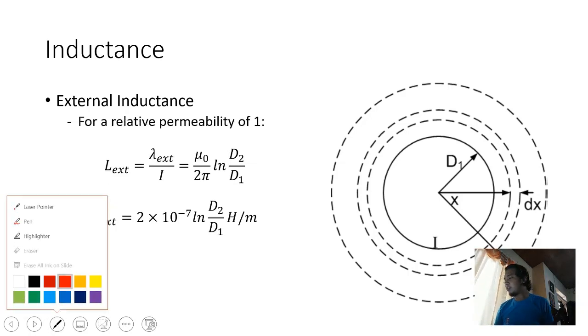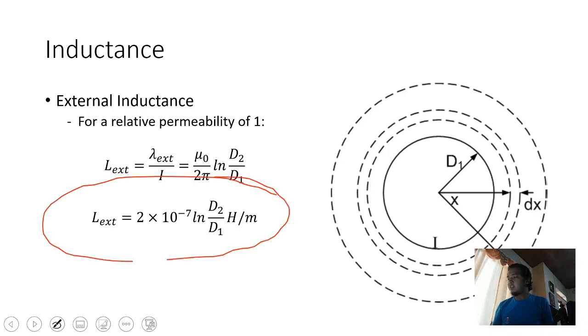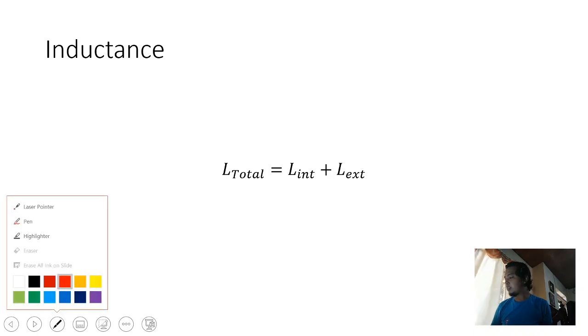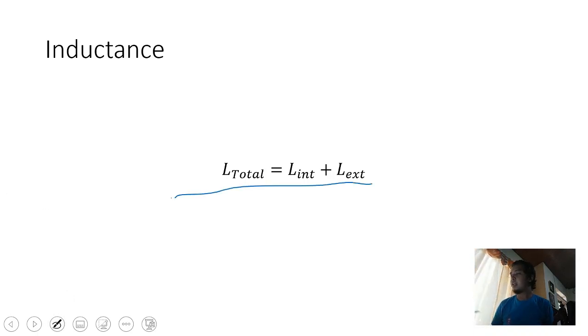Now on the external inductance, we have the same derivation. Then we'll end up with this formula. So external inductance is 2 times 10 to the negative 7. Let's change the color to blue. The total inductance is the internal inductance plus the external inductance. So it's 0.5 times 10 to the negative 7,